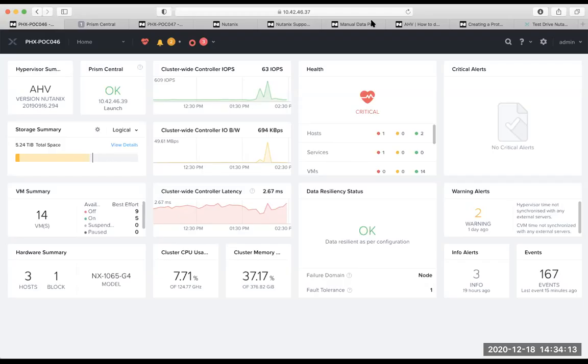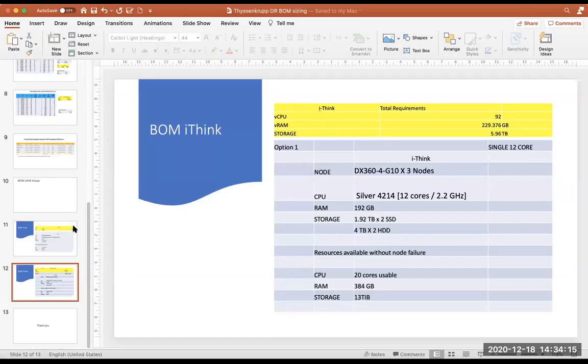Let me go through it one by one. Basically, what we'll do is showcase the BOQ and tell you what you will achieve after a node failure, and then you can cross check it with your table. If you want to add some more buffer to it, or you say this is not sufficient, then we can make the changes accordingly. Okay, no problem. Sure, sir.